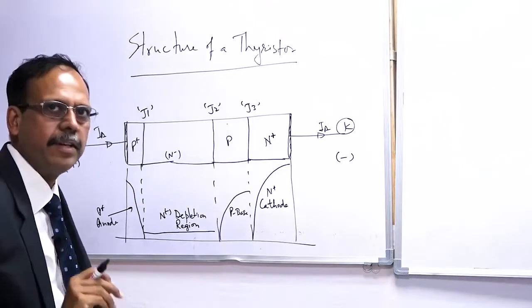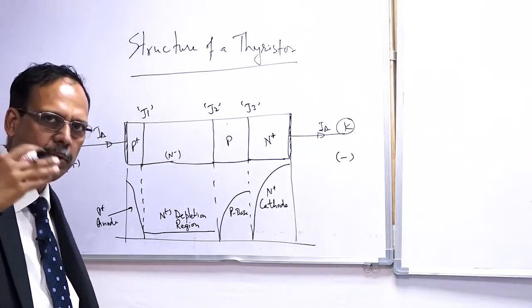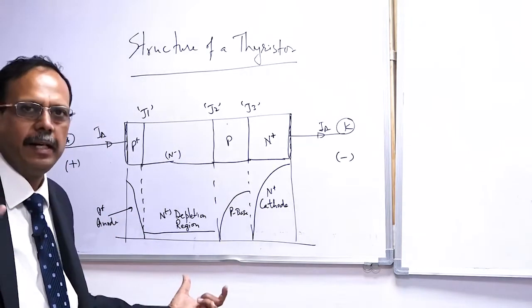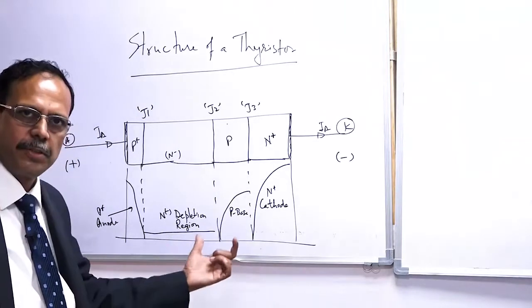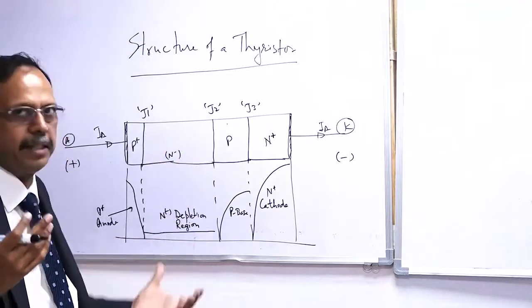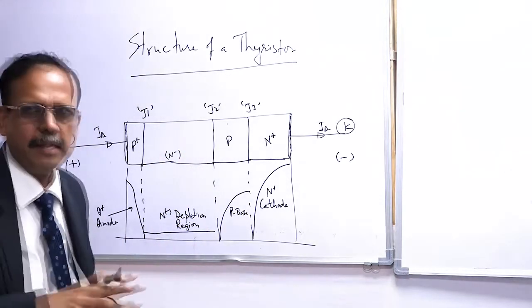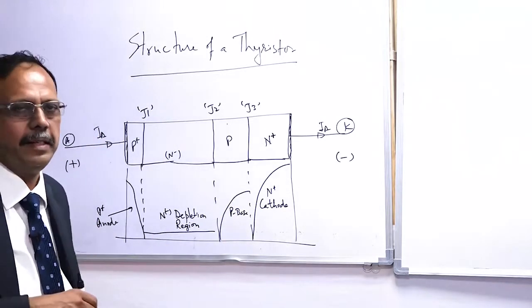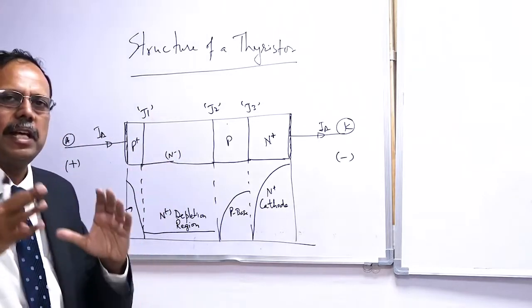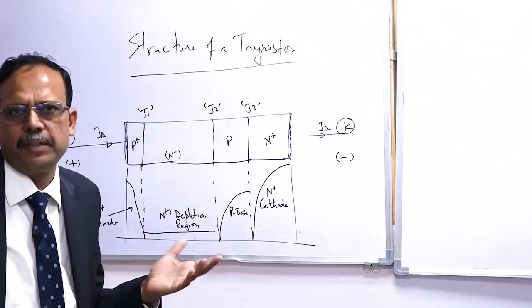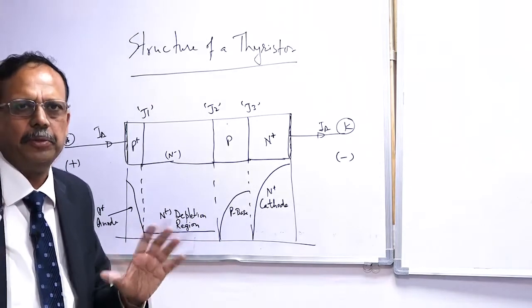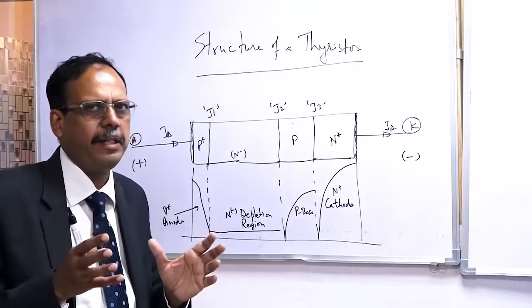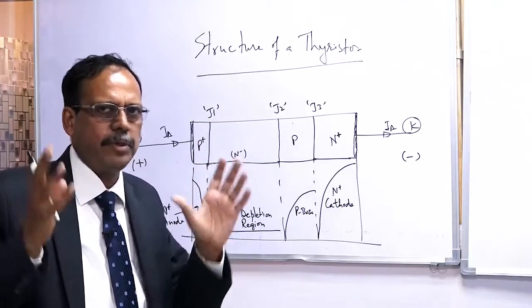Has everyone drawn this? Please say yes, then I am going to ask questions. This type of explanation would be only in the book by Baliga, and no other author has provided such an explanation. I have referred to Professor Baliga's book to understand the real thyristor. I have read so many books on thyristors, but the real insight about thyristors I could only understand after I read the book by Professor Baliga. If the thyristor is understood, for almost all semiconductor devices you will have some good insight into how the semiconductor works. We will not be able to go into the detailed physics of every device, but fundamentally you will be able to extrapolate and understand.